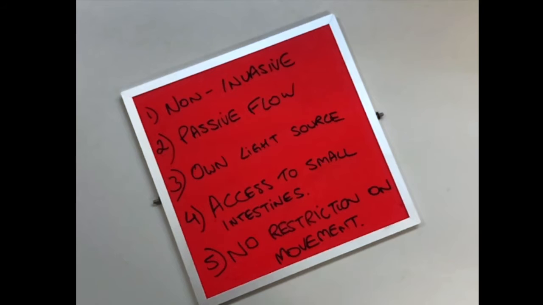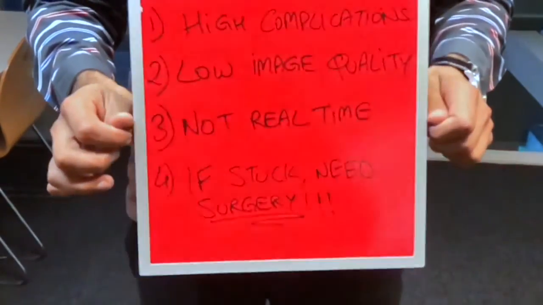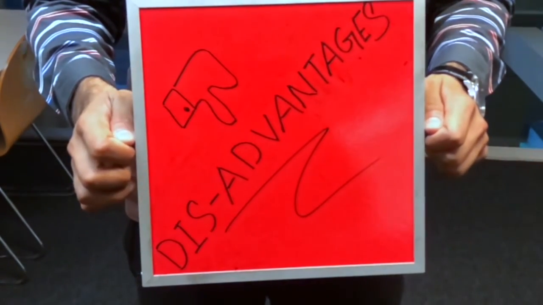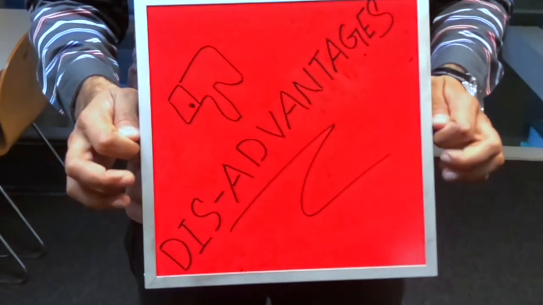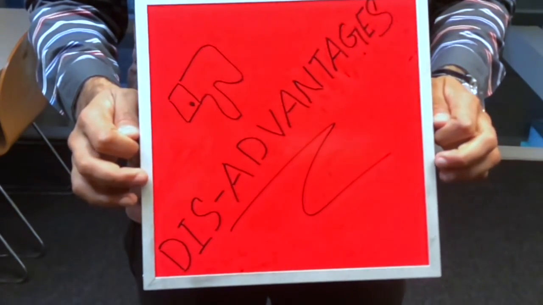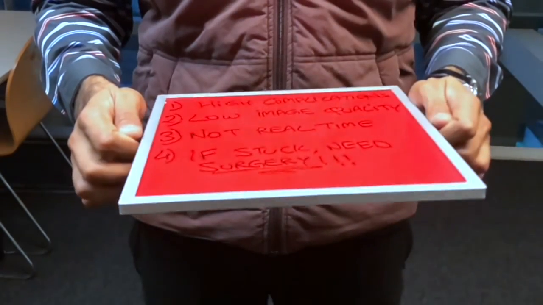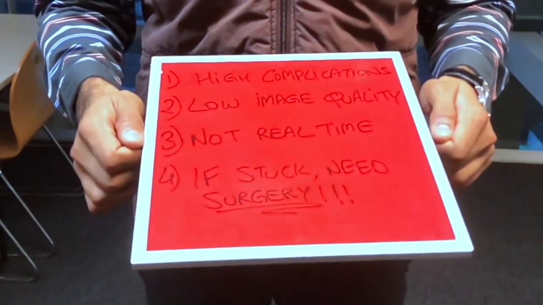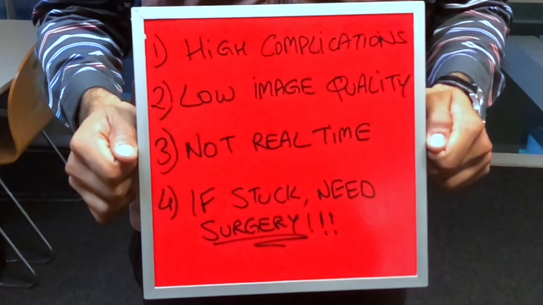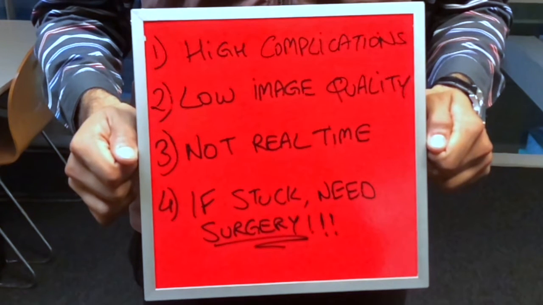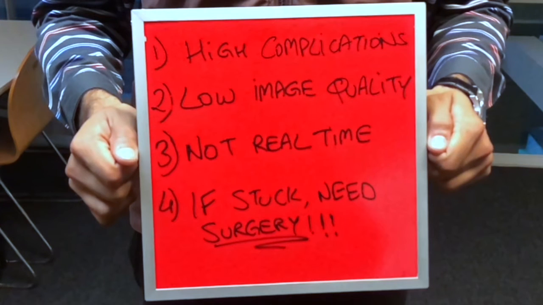You can just swallow the capsule and then do your regular work, but you are still restricted from doing some heavy lifting. There are some disadvantages of capsule endoscopy as well. If the capsule camera is inside the body, then we cannot perform any MRI scan because of its reaction to metallic components. Capsule endoscopy has higher complications compared to MRI or computed tomography scan. The camera used in capsule endoscopy is smaller in size and has lower resolution as well,